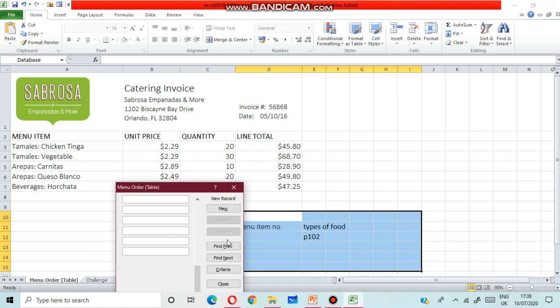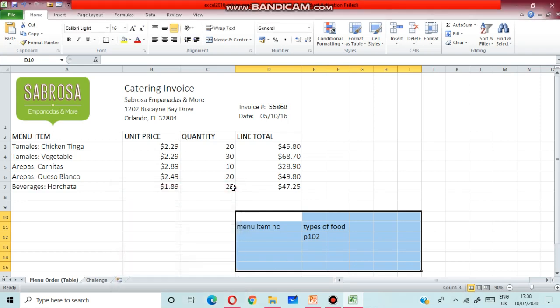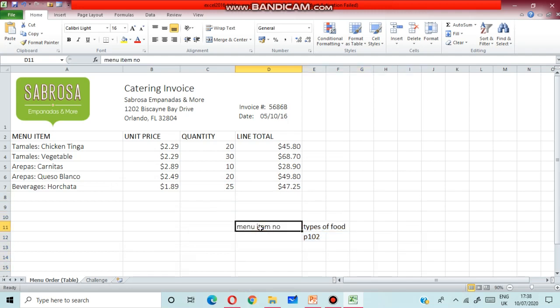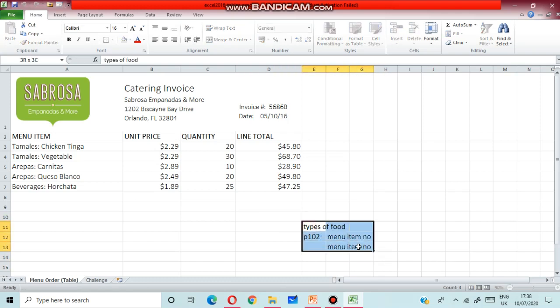Or you can move and see the previously entered record. You can delete whatever you have done, or you can enter a new record.